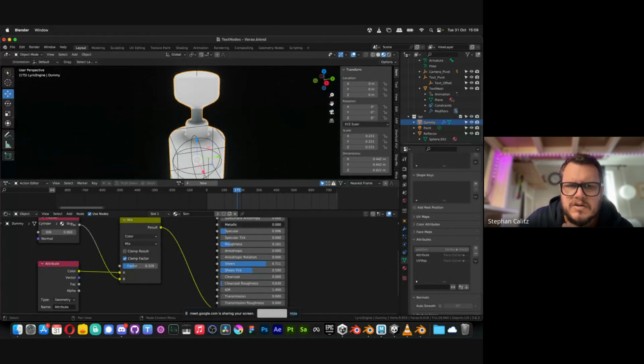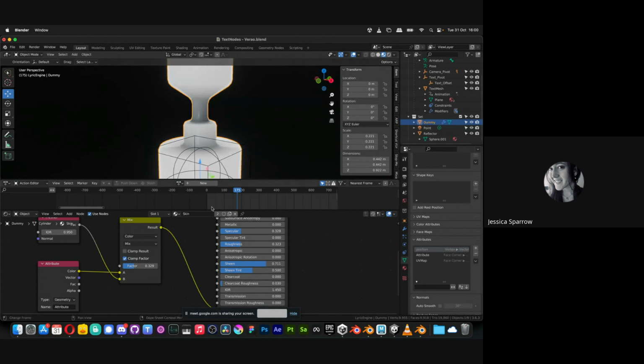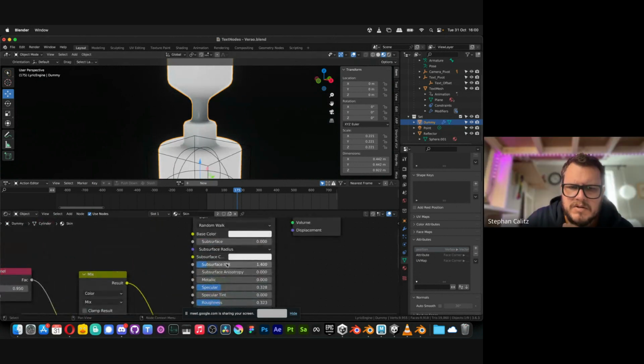I don't think glow-in-the-dark objects are particularly metallic, so you can do that. And they probably do have a little bit of subsurface as well.